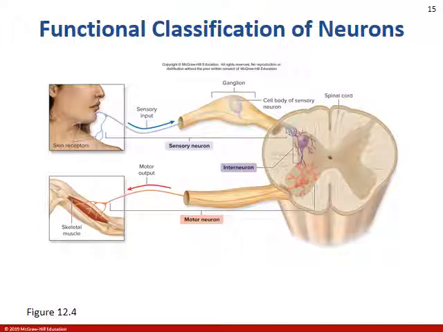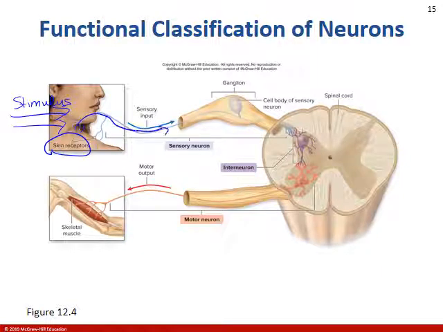There's a lot to unpack with this image, but let's do an overview. We have skin receptors. There has to be some sort of stimulus to excite the receptor to cause some sort of electrical change, right? So we're generating or exciting this neuron, and the message is traveling through the neuron,